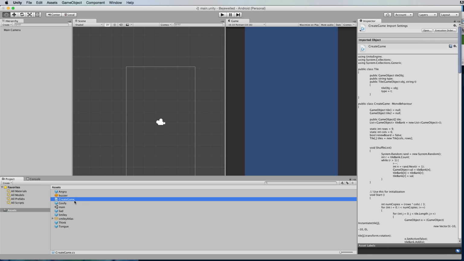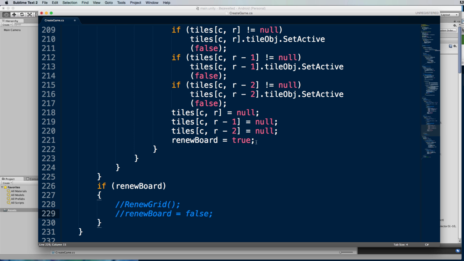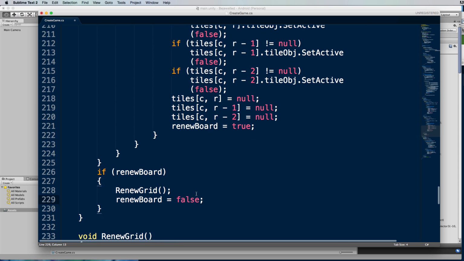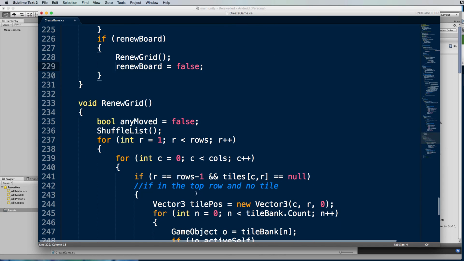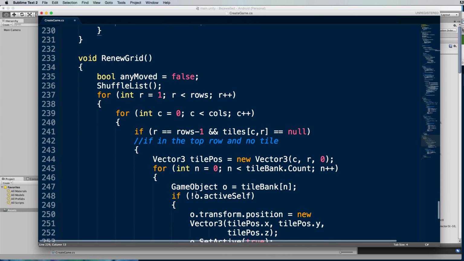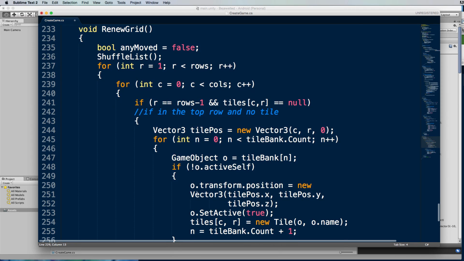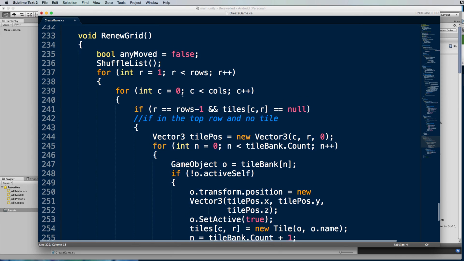So once again, in our create game code, we're going to add a new function to deal with renewing the grid. So at the bottom of the check grid function that we created just before, we left these 2 lines commented out. We're now going to write renew grid, so we can put these back in so that if the board needs renewing, then it will run the renew grid function. Okay, so directly below that check grid function, we're going to add in a renew grid function. So renew grid